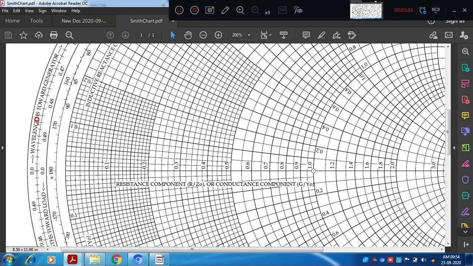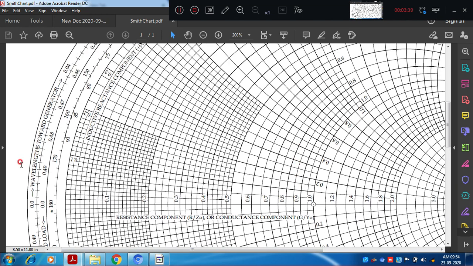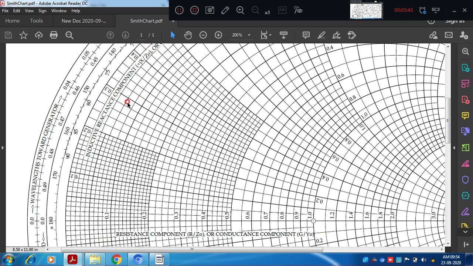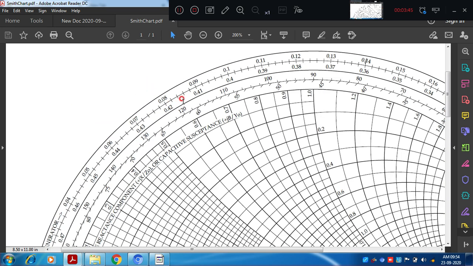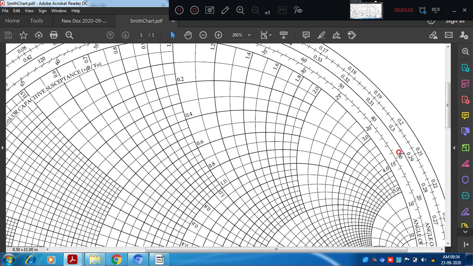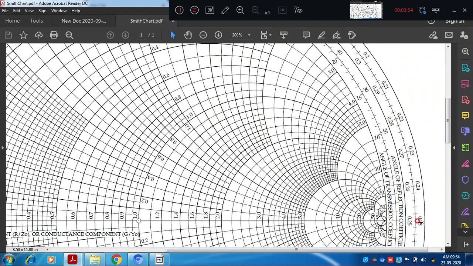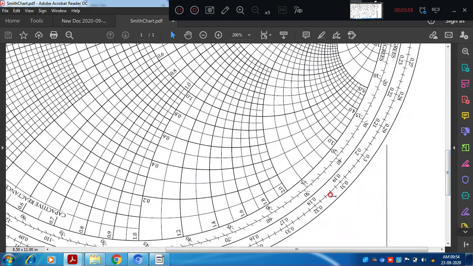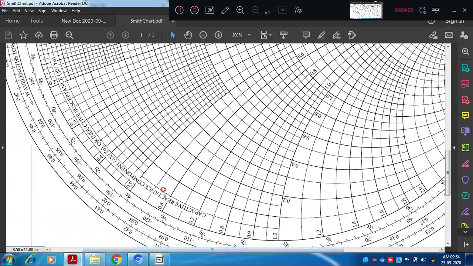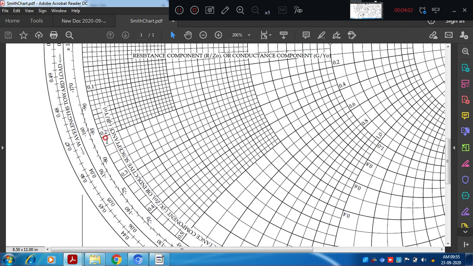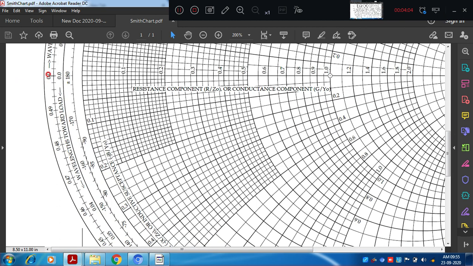One more aspect: here it starts from 0 and is written as wavelength towards generator. You can observe the values there, starting from 0, then 0.004, 0.005, 0.07, 0.14. If I traverse a half circle, that results in 0.25, meaning lambda by 4. If I take one continuous revolution, it will reach 0.49 and 0.5.